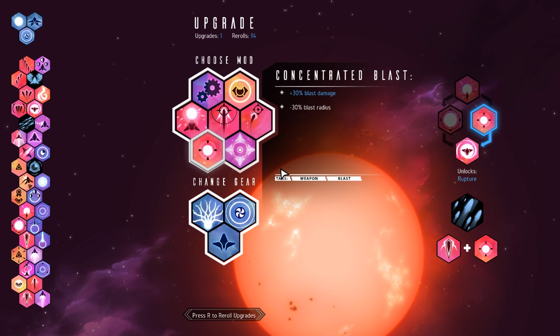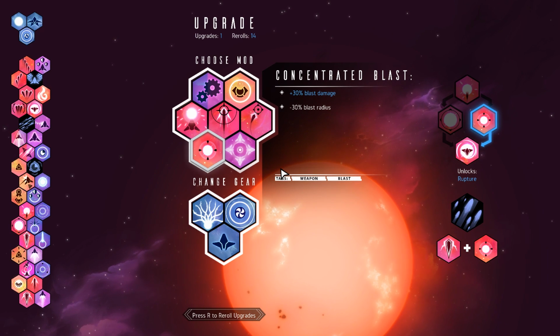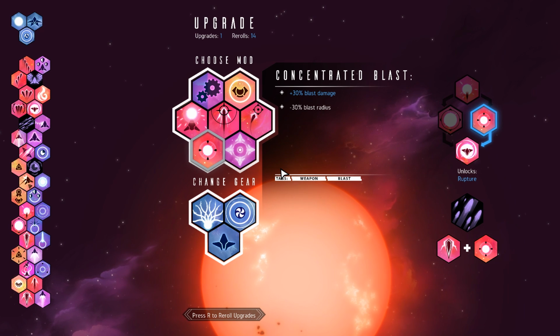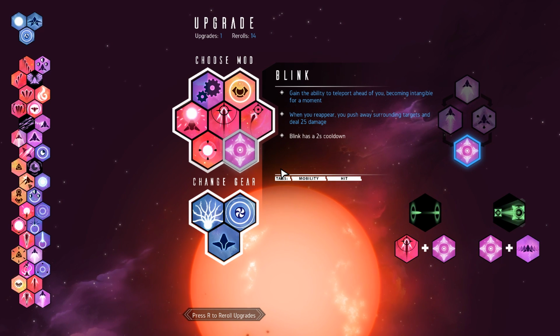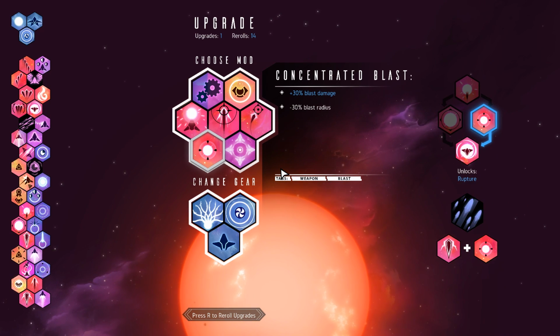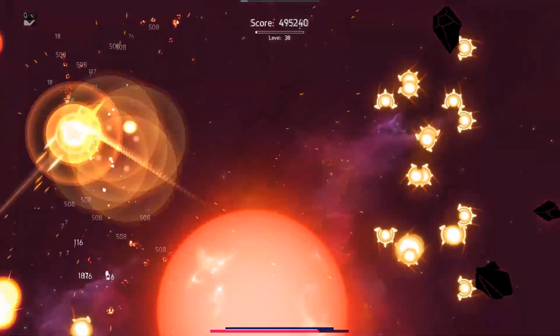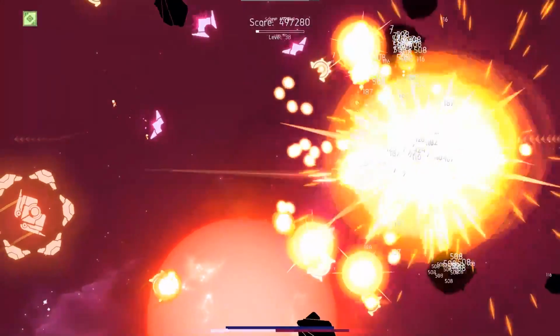I'm not a psychic. Alright, do we bring down the explosion radius to up the power? Always. Blink is probably the smarter choice. Yeah. But you can also take Snipe. It does affect your little... Oh, boy. Okay, that...